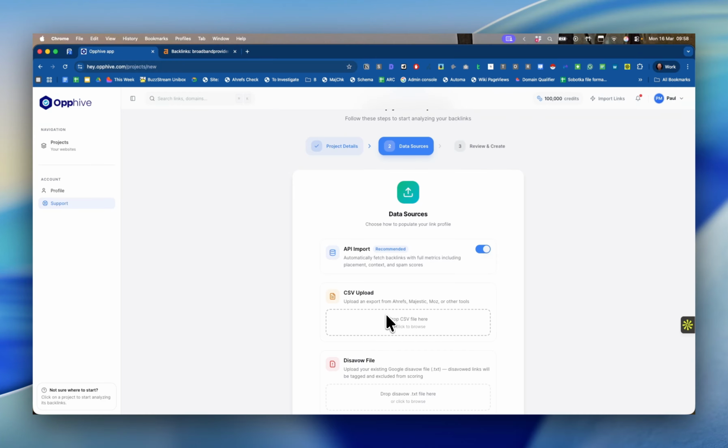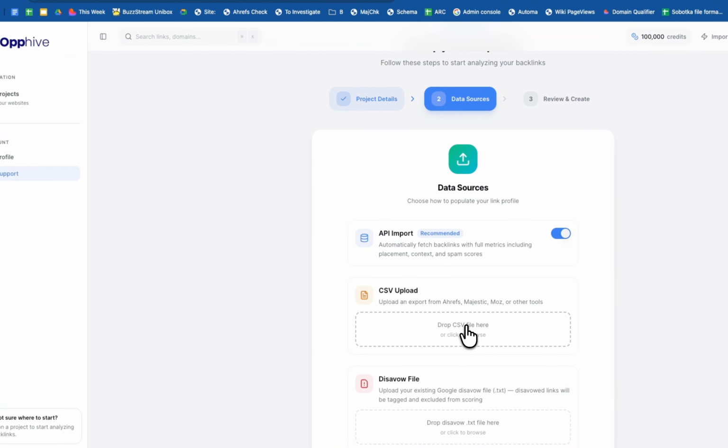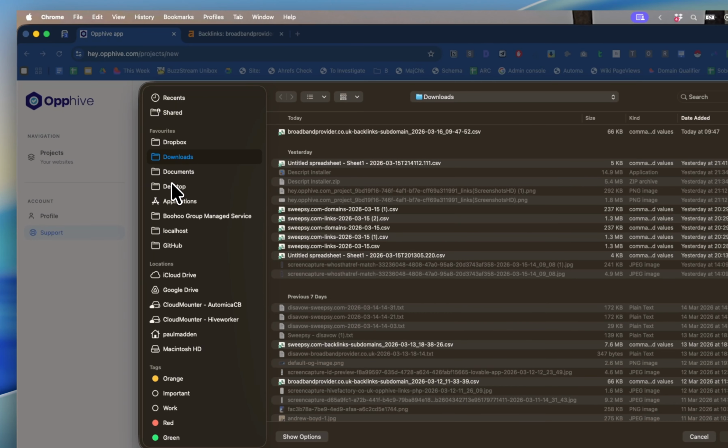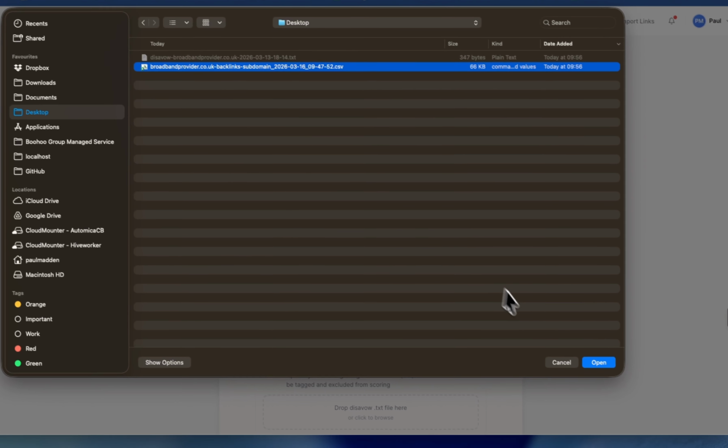but we're also going to make it as thorough as we can, so we're going to add any additional link data that we've got. So in this case I'm going to add a download of the links from Ahrefs into here. So let's go to that, which I've downloaded already,